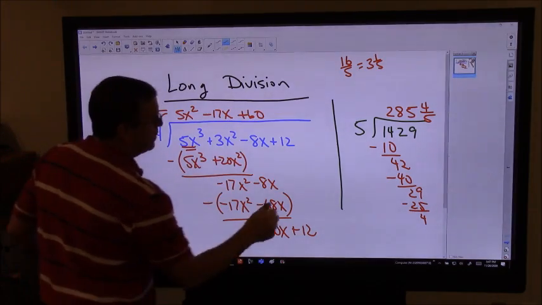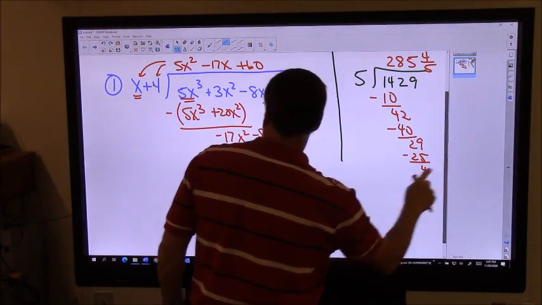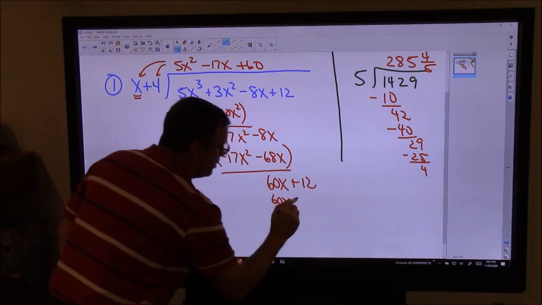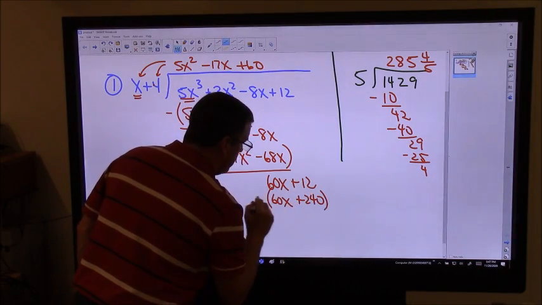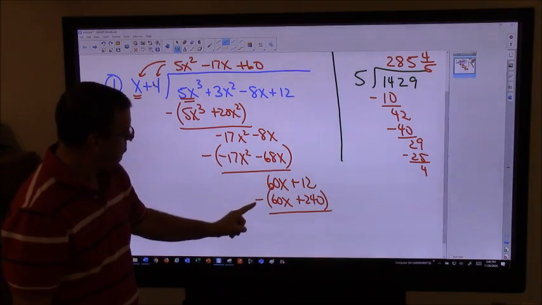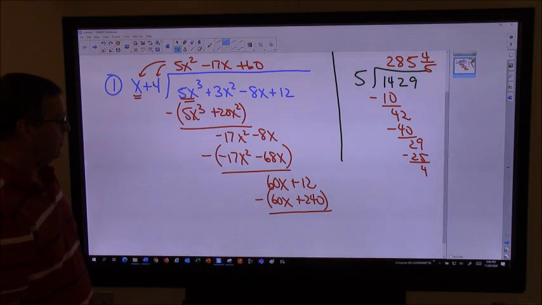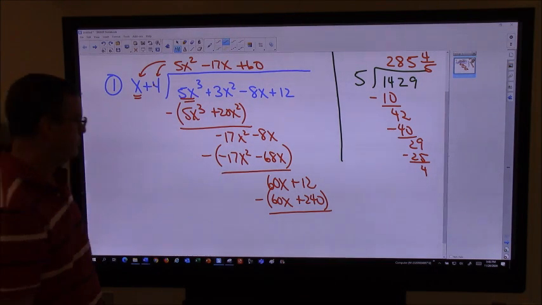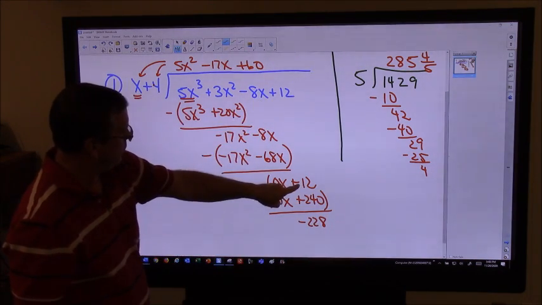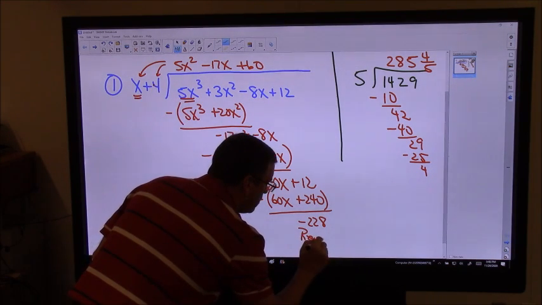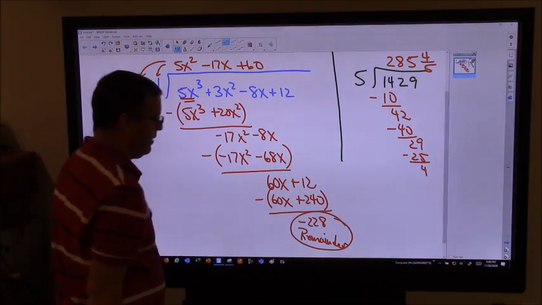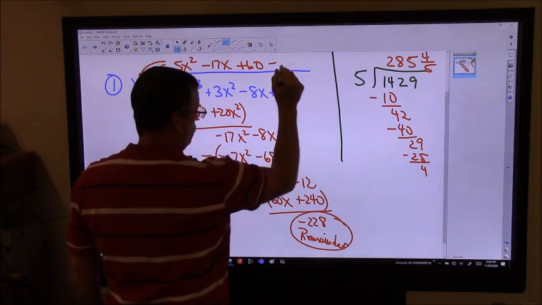So when I multiply back, I'm going to get, let me get some more room here. I'm going to get 60x. 60 times 4, that would be plus 240. And then I need to subtract that. So that minus that is 0. 12 minus 240, that's going to be a negative 228. And I had just brought down my last term, so this is now my remainder. And what I want to do is I want to write that as minus 228